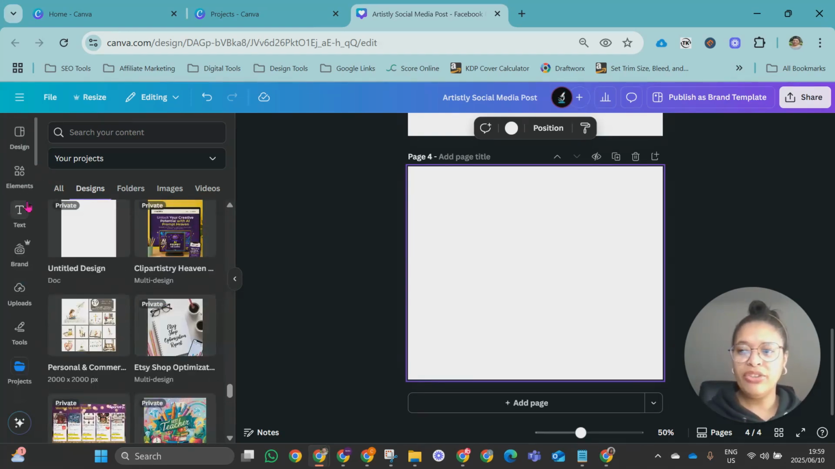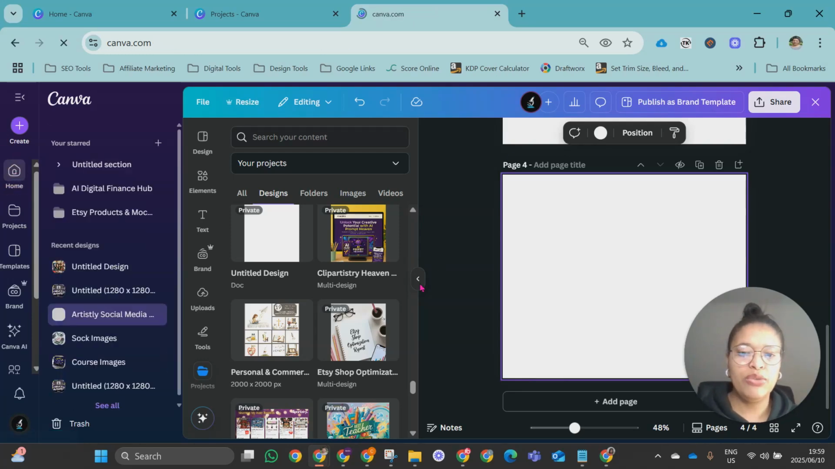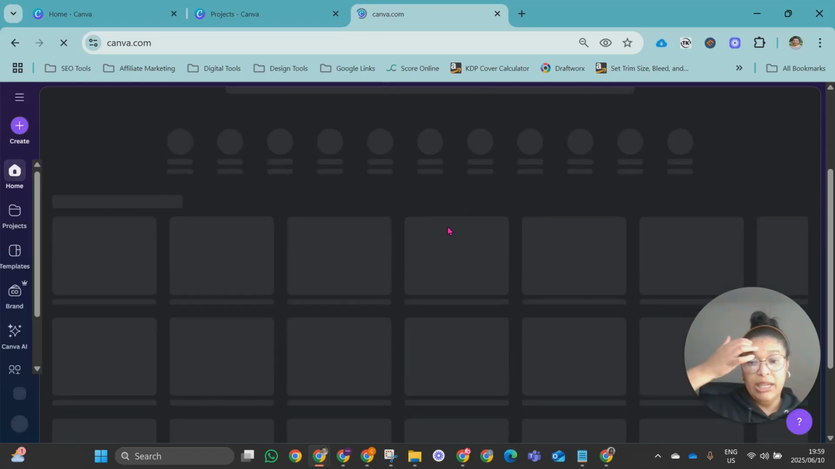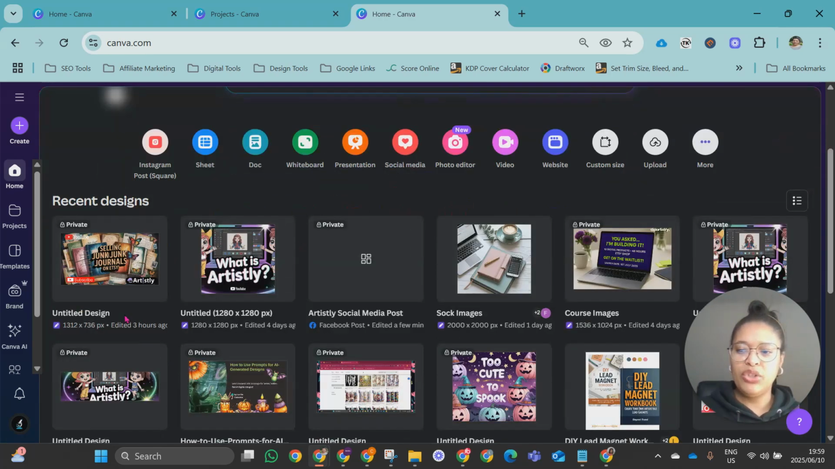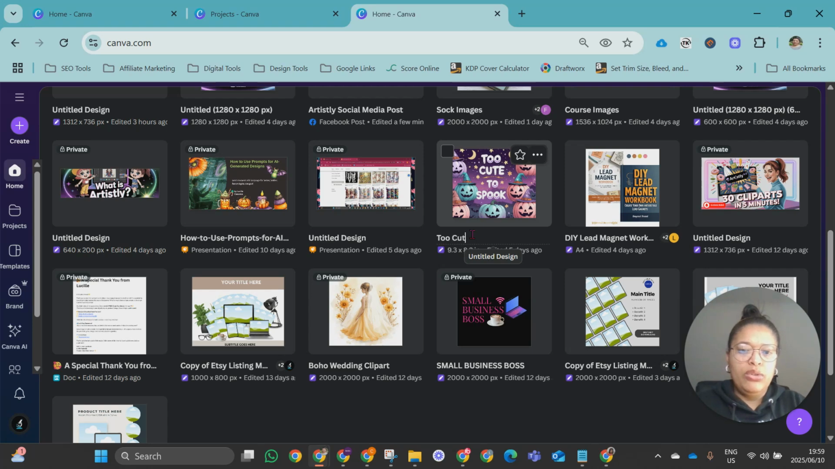One last final thing I want to say is, if you go back to home, right, it's very helpful if you do label your designs correctly, because while you're busy designing on the canvas, you can search for the file in itself. So let's say too cute to spook. If you can get into the habit of labeling your files,